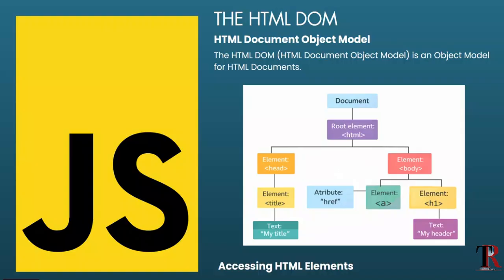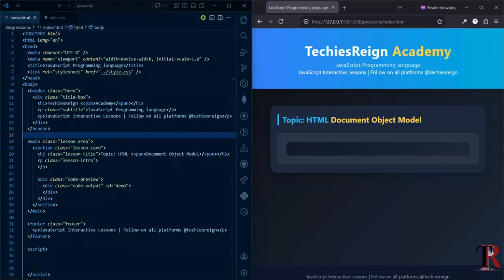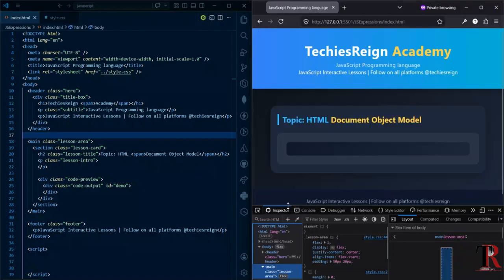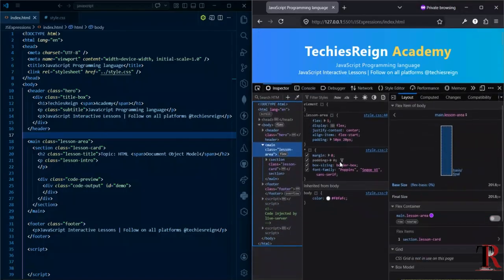This Document Object Model is something like a tree representation in our browser of choice. So let me pull up my browser and show us what this looks like. So, okay, I'll right click here and click on inspect. Now, just take a look at this. Now, if you look at what we have here,